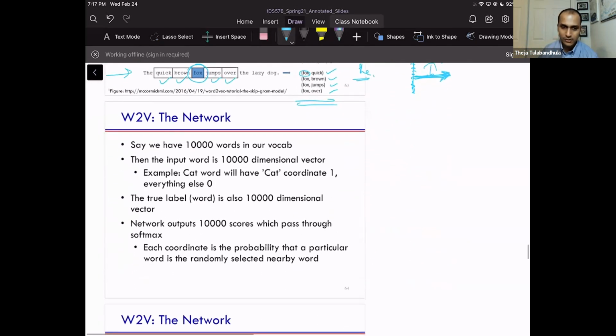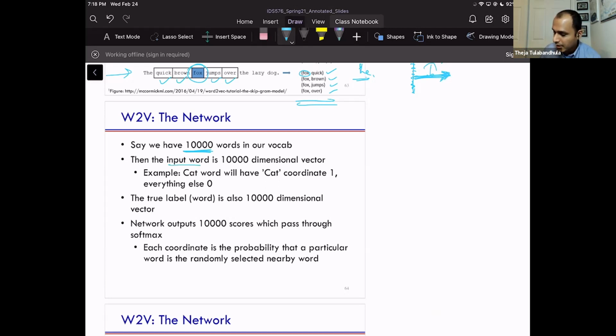This is not exactly Word2Vec in the sense that Word2Vec has a much larger number of words. But for the sake of discussion, let's assume that the vocabulary size is only 10,000, which means that there are only 10,000 words in English. The real embeddings that you can download from the internet have many, many more words. I don't really remember how many, but there are more words. So let's say we have 10,000 words.